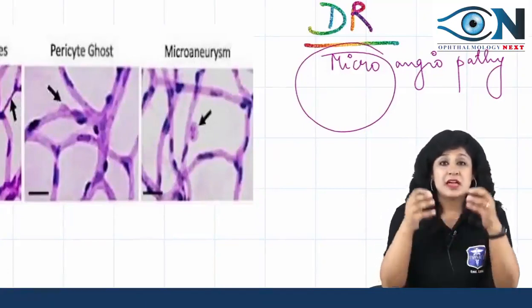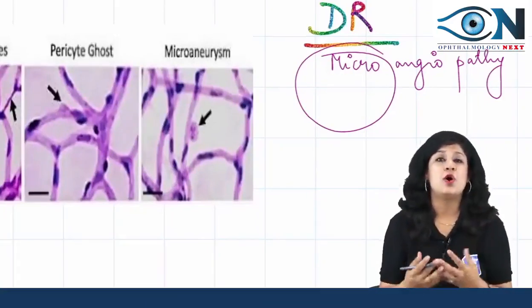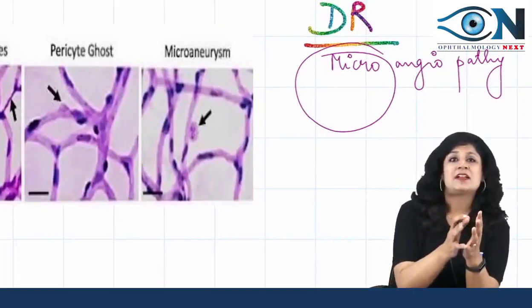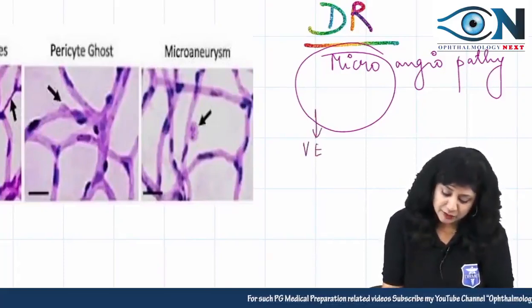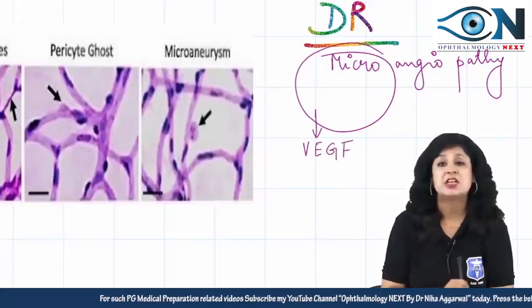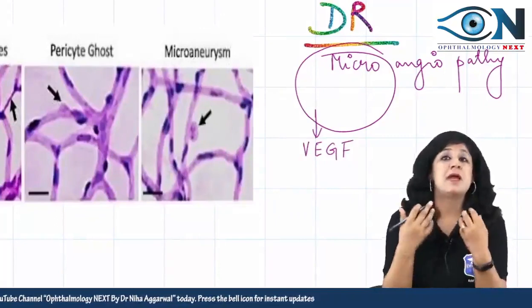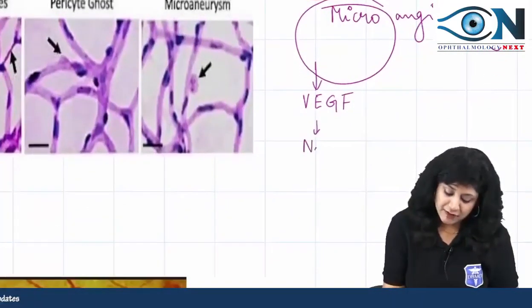Now because it is affecting just the smallest of the vessels, obviously the amount of pathology will be maximum. When the pathology is maximum, you will have maximum release of VEGF because it is causing maximum ischemia. So when it is causing maximum ischemia, that will release maximum VEGF, and when we have maximum VEGF, we will have maximum